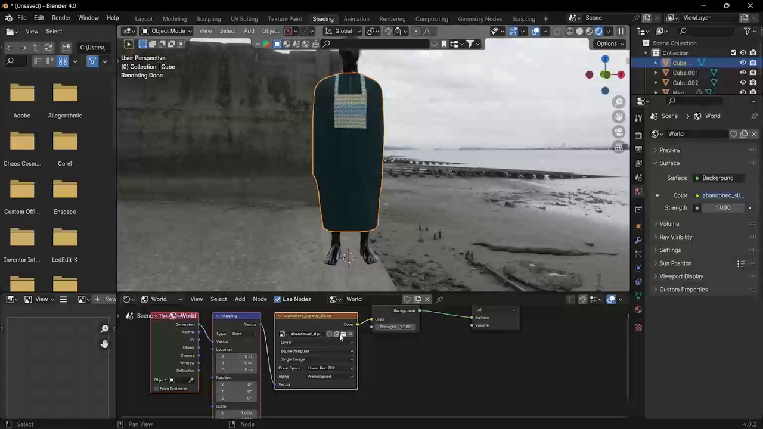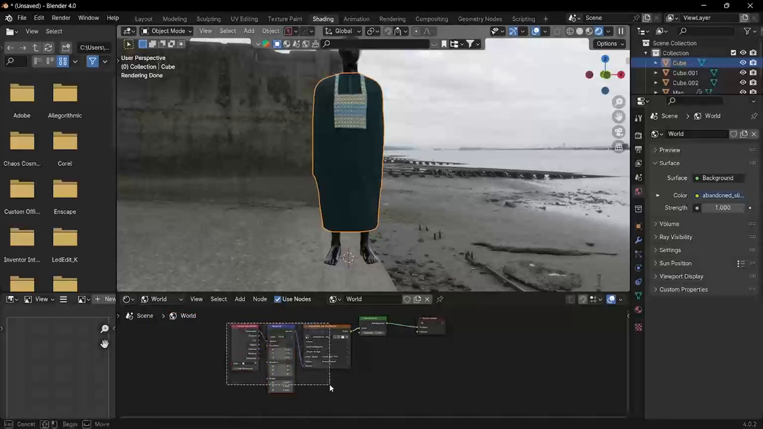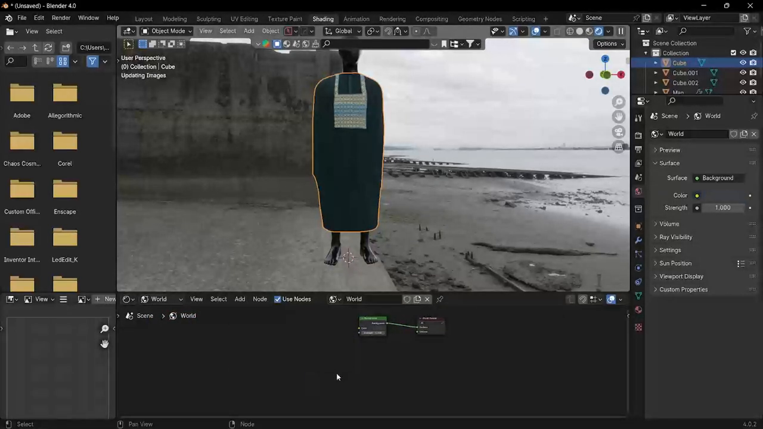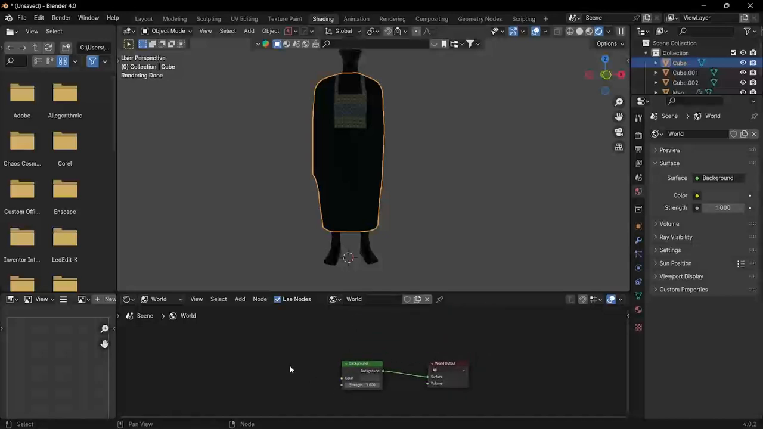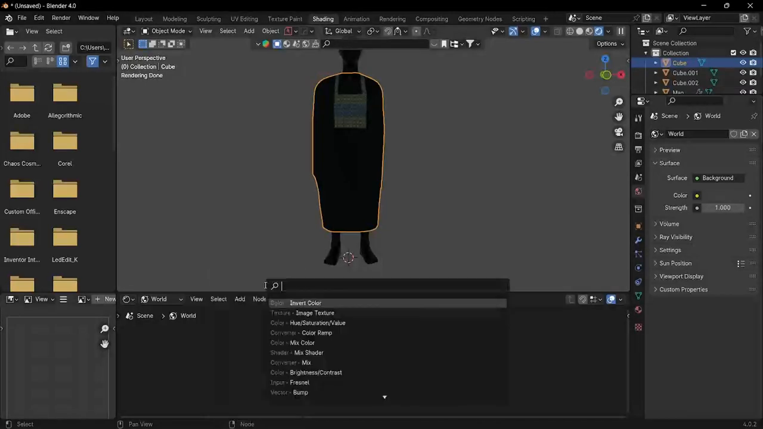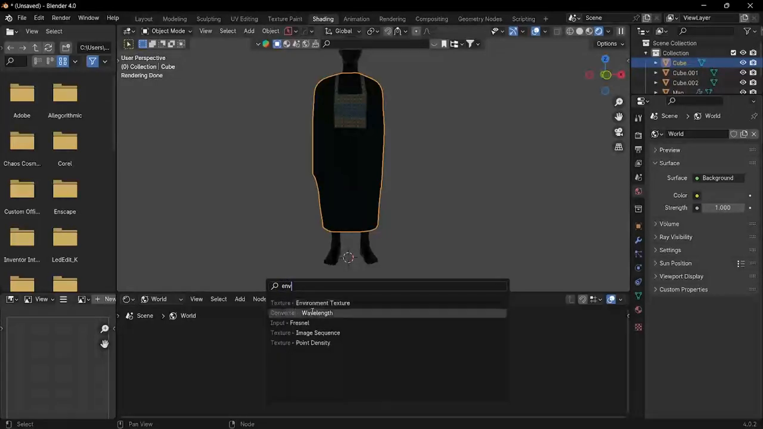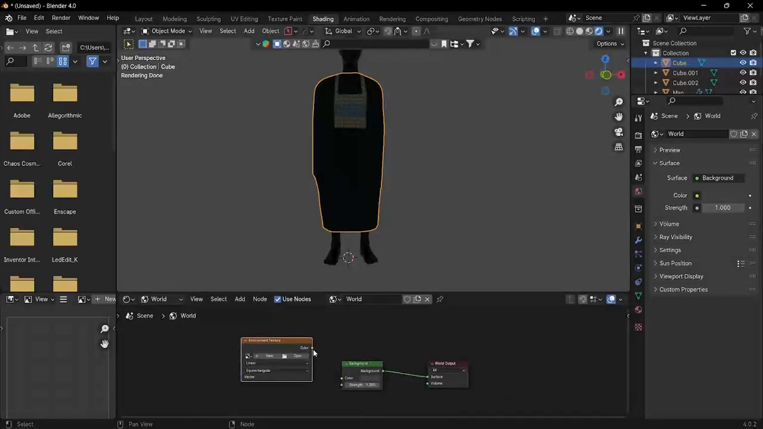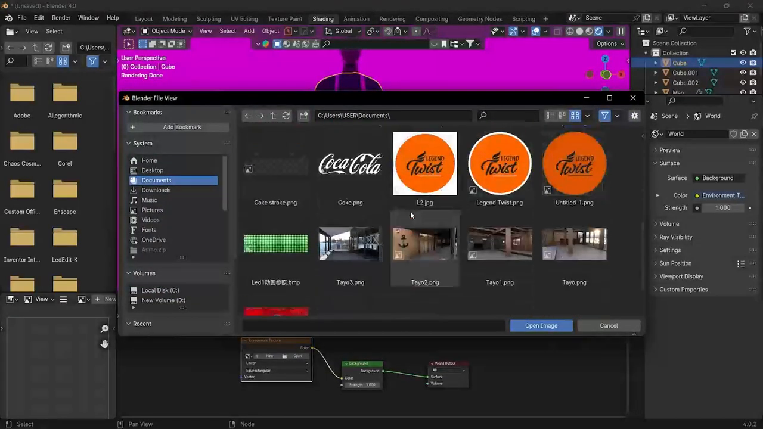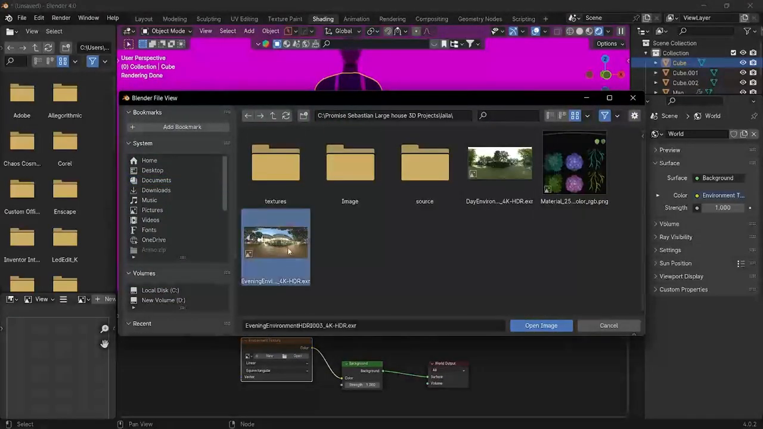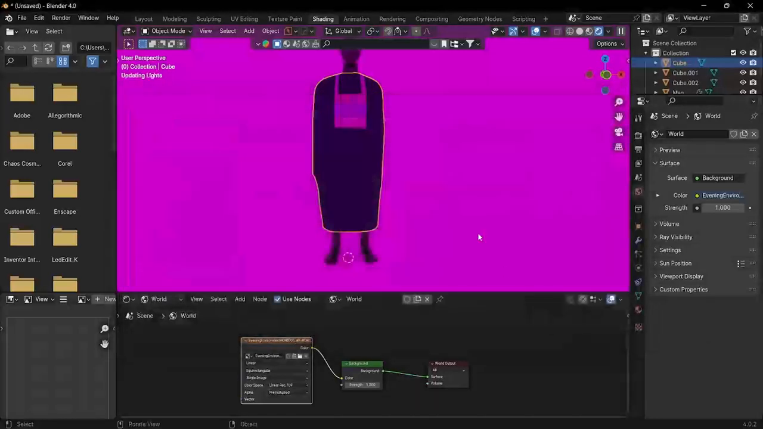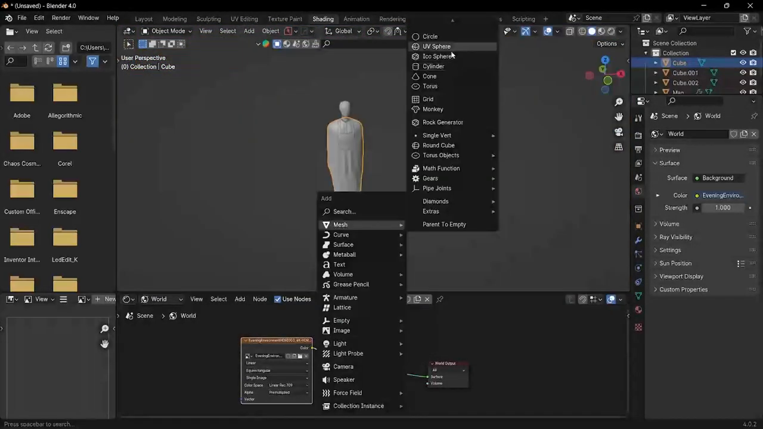So to add an environment now, on default you might not have this environment here. So I'm just gonna delete this now. So to add an environment, what you just need to do, click A now, and then environment texture, type environment texture, drag and plug in now, and then go to open now, choose any environment texture you have. So this is an environment texture I have here, so I'll just open this now,